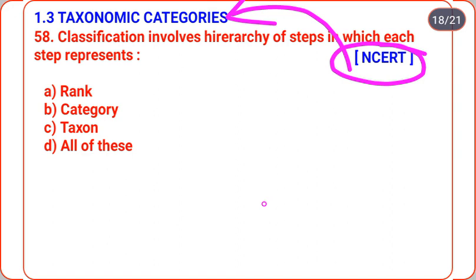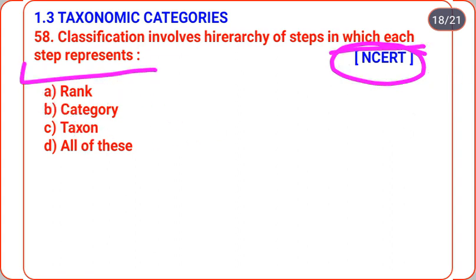Classification involves hierarchy of steps in which each step represents option A rank, option B category, option C taxon, option D all of these. Yes, obviously all of these are correct answers. So it means rank, category, taxon